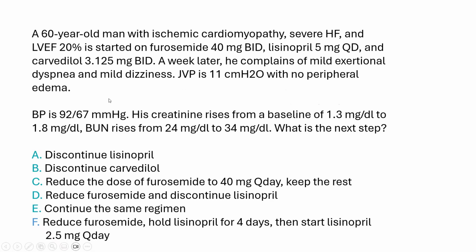JVP is 11 cm with no peripheral edema. Blood pressure is 92/67. His creatinine rises from a baseline of 1.3 to 1.8 mg per deciliter. BUN rises from 24 to 34. What is the next step in light of this blood pressure and this creatinine rise and some of the symptoms